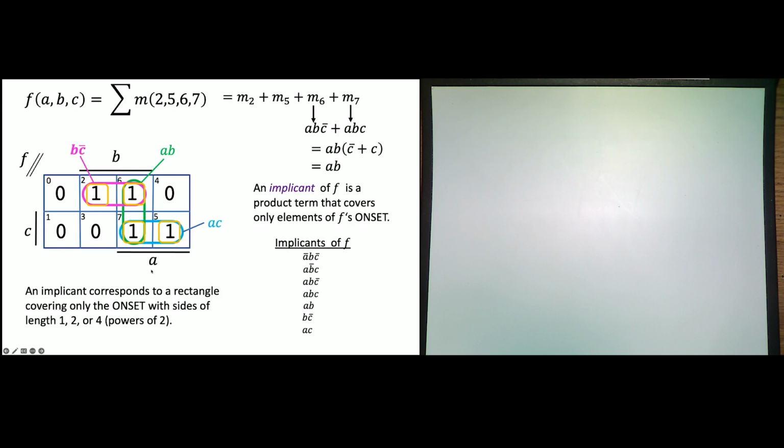Now, you can label your K-map any way you want, but minterm 2 has to correspond to the cell where you are outside of A, in B, and outside of C. So the numbering here is determined by your labeling. It doesn't really matter how you label it in terms of finding the minimal sum of products. But how you label it depends on where you put your ones.